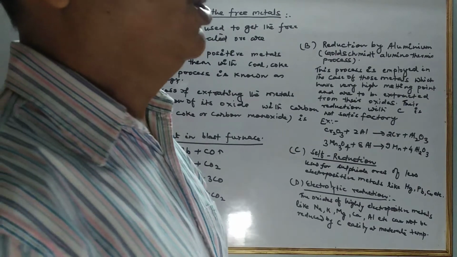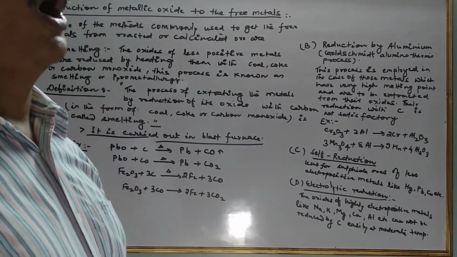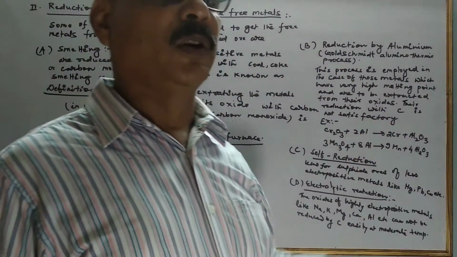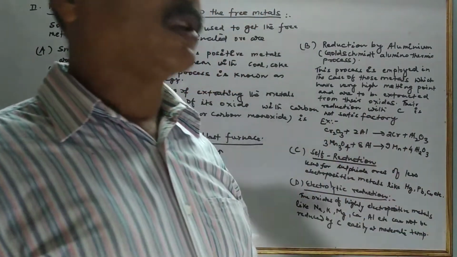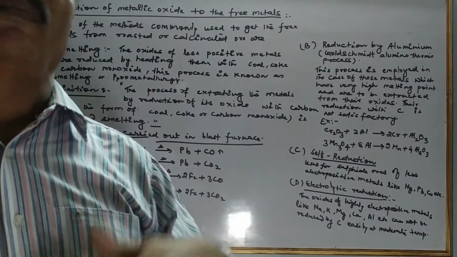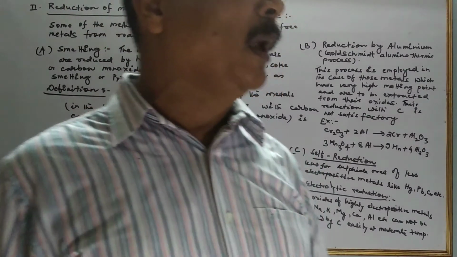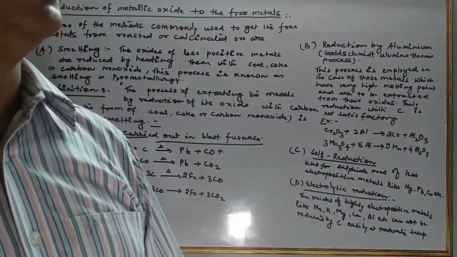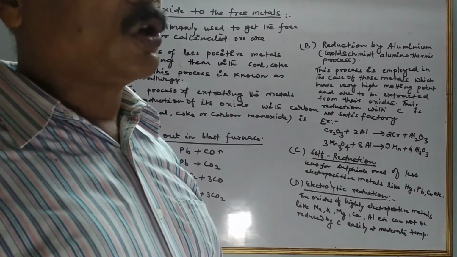After that, how to convert the concentrated ore into the oxide. So basically, reduction of ore, extraction of crude metal from concentrated ore, and that involves two steps. Number one, conversion of concentrated ore into the metallic oxide. That can be done either by calcination or by roasting. Calcination is heating the ore below its fusion point in absence of air in a reverberatory furnace. And calcination is carried out for the hydroxide ore, for carbonate ore, or the ores containing moisture.